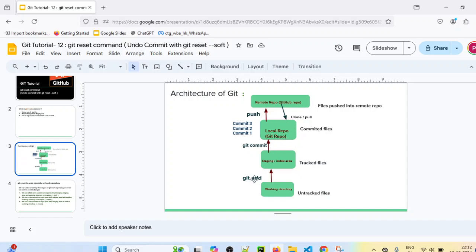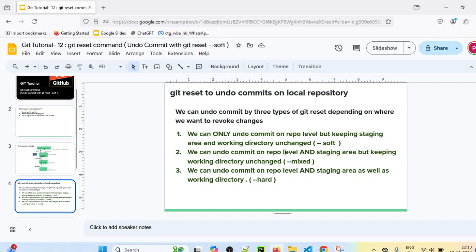There are three types by which we can perform the undo action, depending on where we want to make changes. If I want to undo only the commit at the local repo level without touching the staging area and working directory files, just pay attention, we can do that by using git reset hyphen soft.